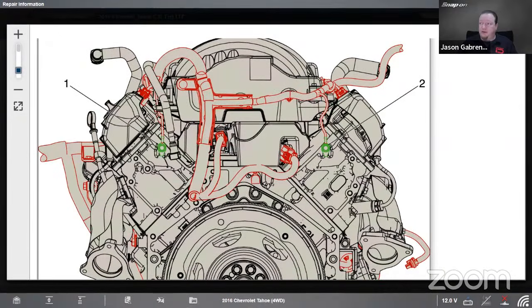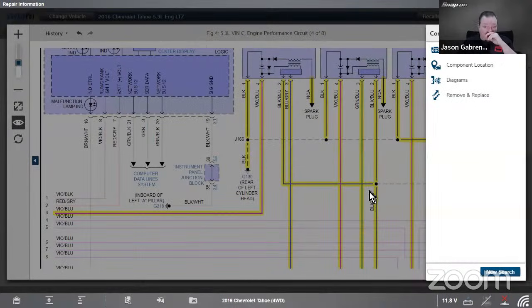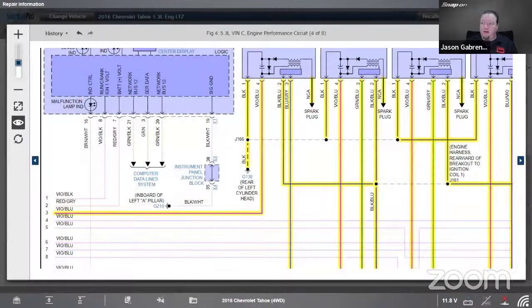Good stuff. Good to know. Going to save me some time there. And I never had to leave the wiring diagram. The wiring diagram's still here. I could print this out and do whatever I needed to do. Now,